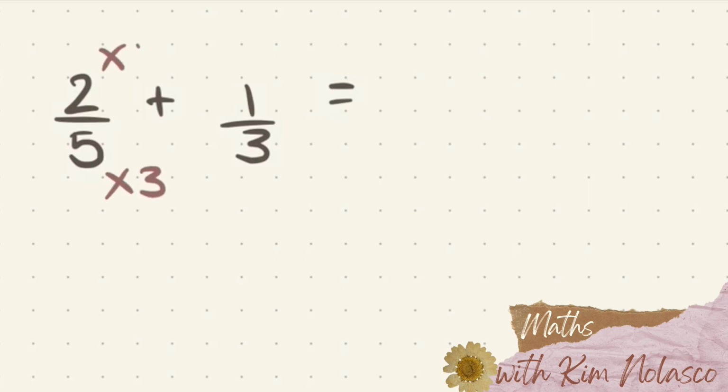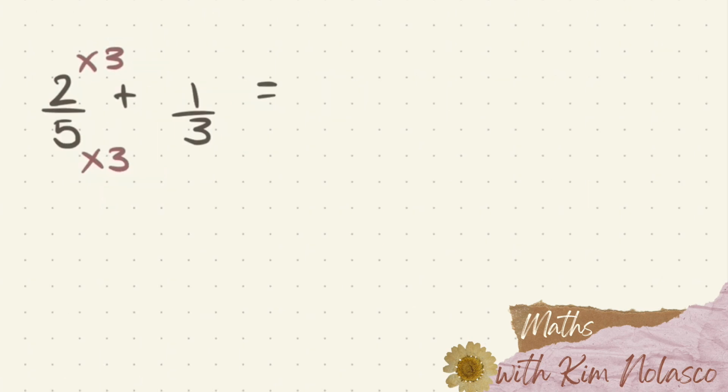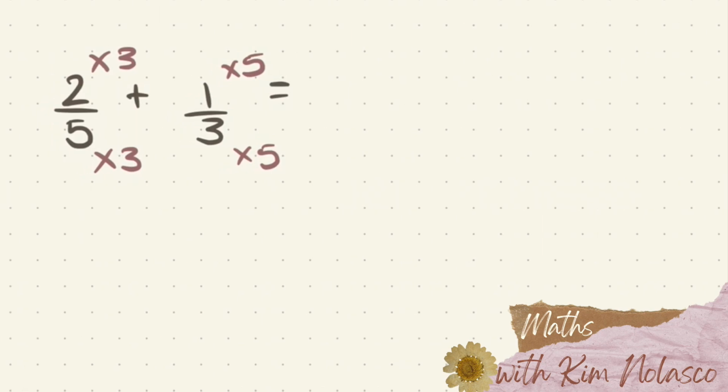And as long as I do it to both the top and the bottom, the fraction still stays the same. And then we do the same thing for the 3. We times that by 5. And then we're going to write down what our new fraction is. So 2 times 3 is 6, 5 times 3 is 15, so we have 6/15, add 5 times 1 is 5, and then 3 times 5